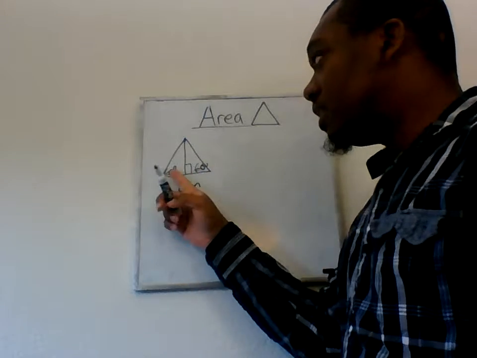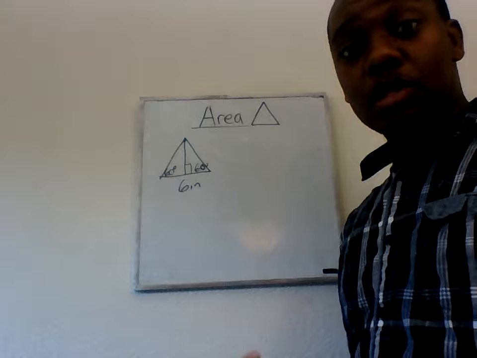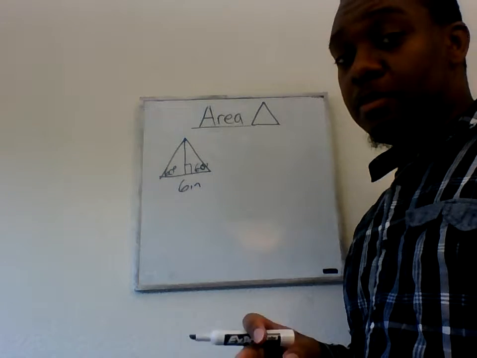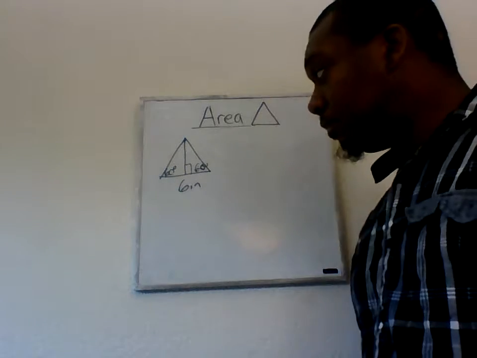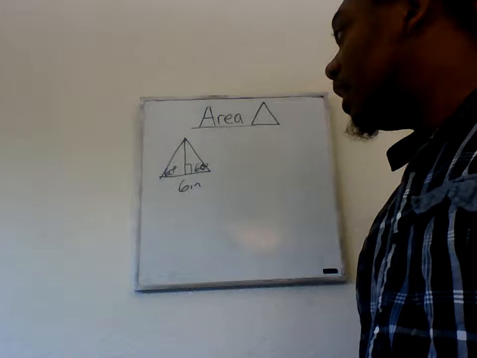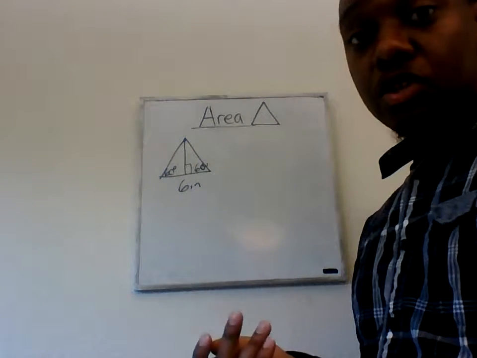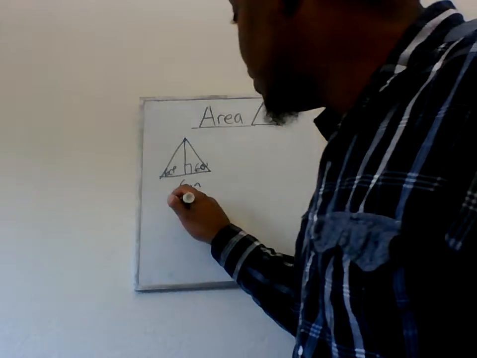If it's 60 here, the last angle has to also be 60, which means this is an equilateral triangle or equiangular. Because a regular triangle is both equilateral and equiangular automatically. All right. So if this is the case, how would I be able to find the height? Well, I can use trigonometry to find the height. And because it's an equilateral triangle, I also know that,